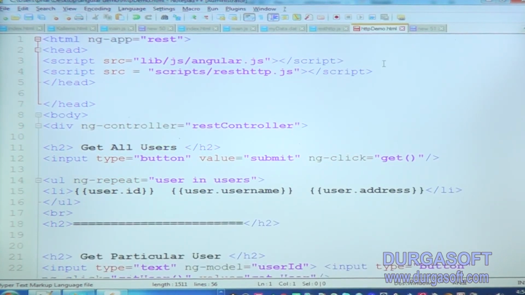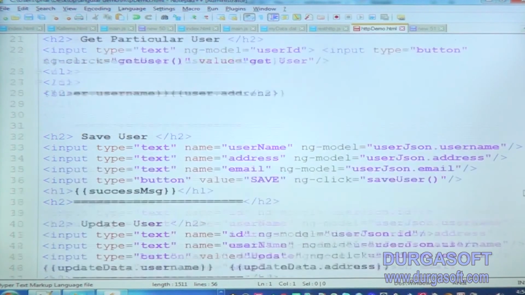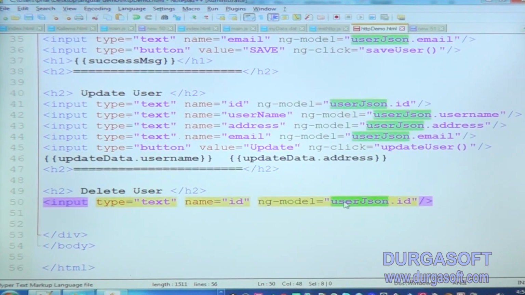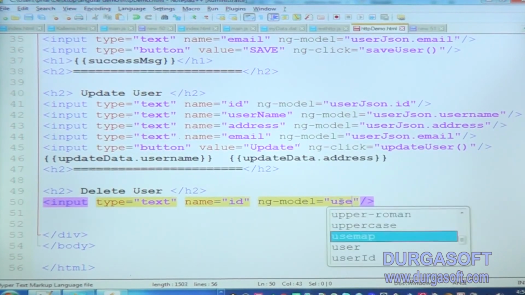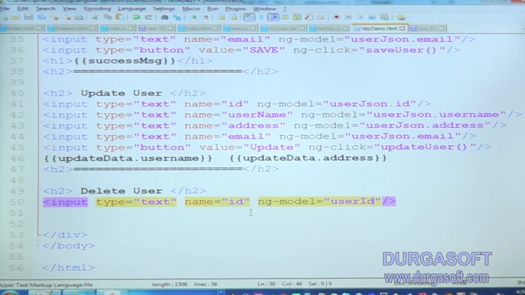Simply I will create ng-model ID. Already we have the user ID, so I can use that user ID. By user ID it will delete the record, and once I remove it, it is not returning anything. That's why I display a simple success message.